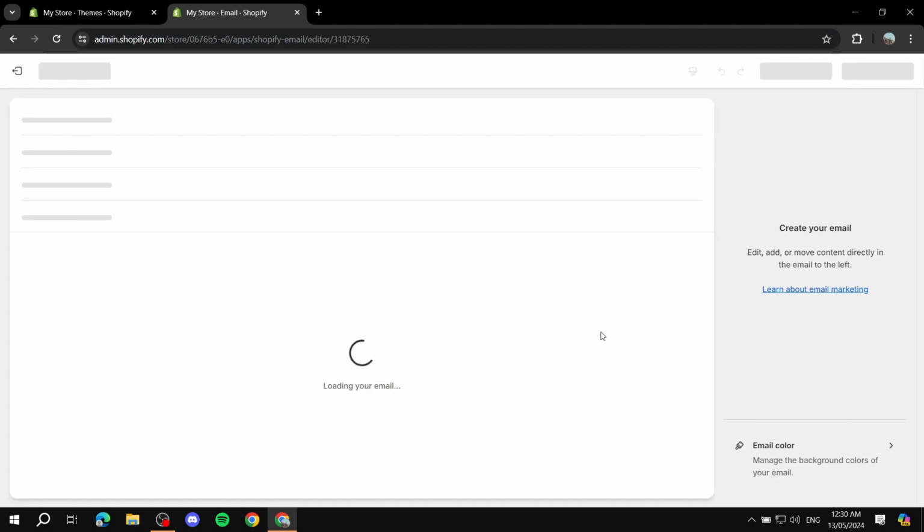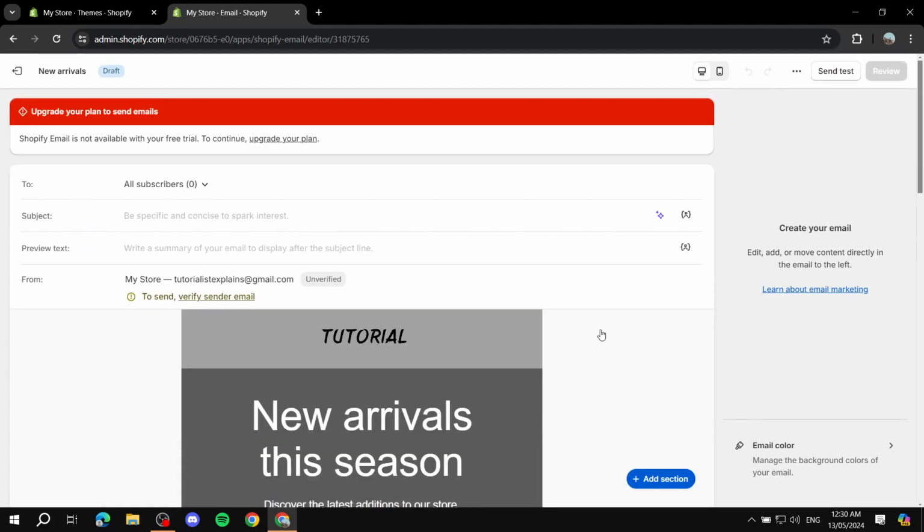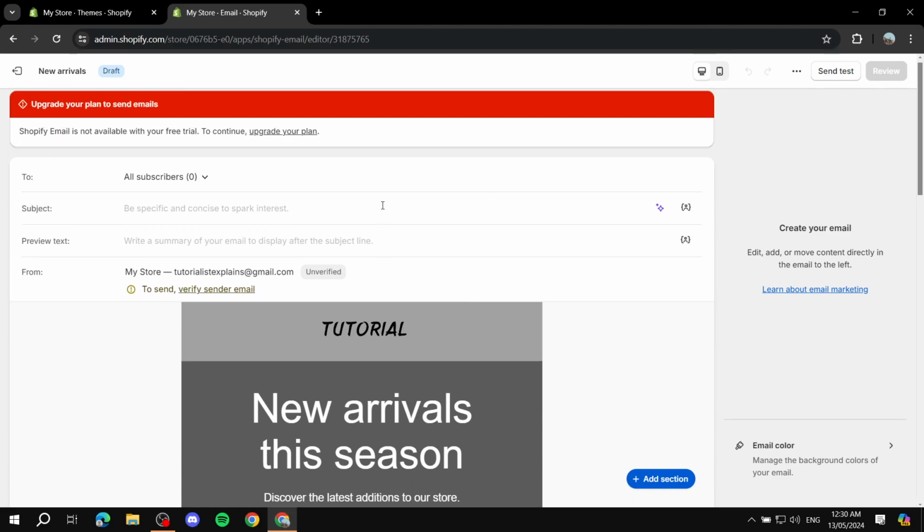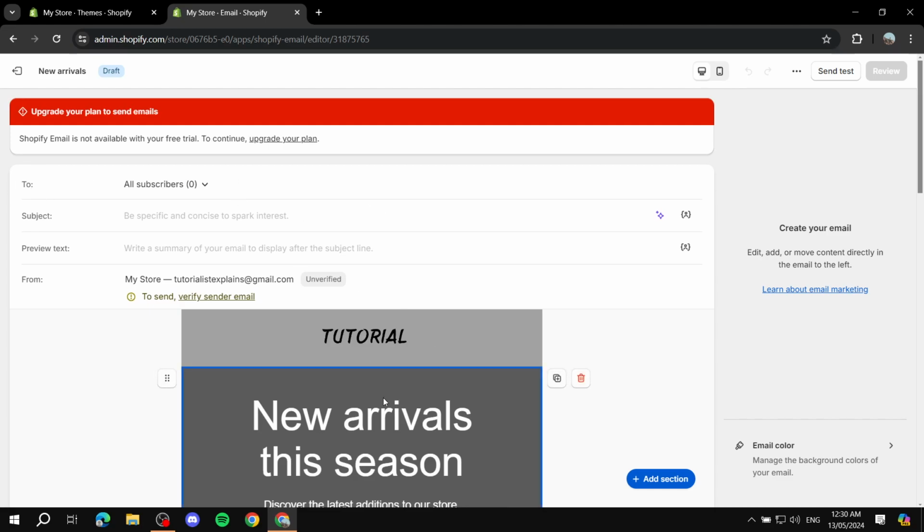And now it's going to take us to the editor where we can obviously edit the emails here. Upgrade to send emails. Obviously, you would need to have an actual plan. But regardless, here the first thing before we even edit the elements here, we can edit who we want it